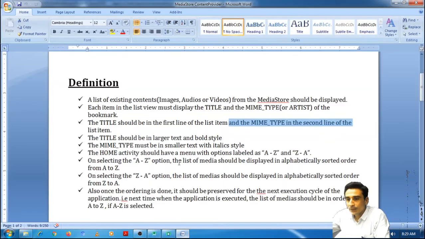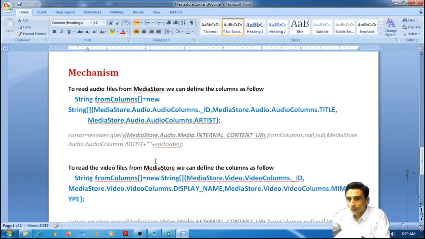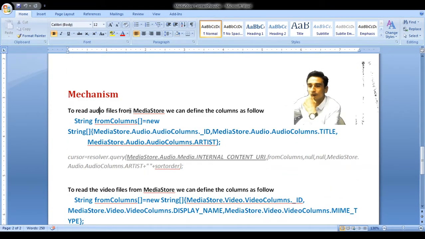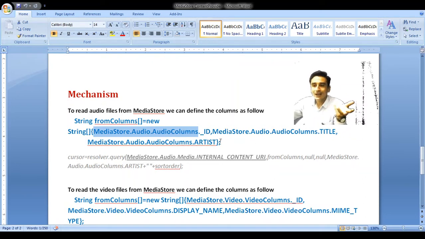So for media store, if we want to work with audio files, then the names of the columns are MediaStore.Audio.AudioColumns._ID, MediaStore.Audio.AudioColumns.TITLE.